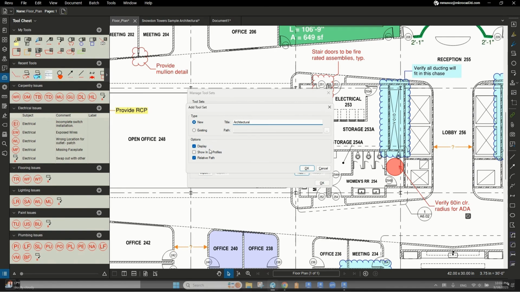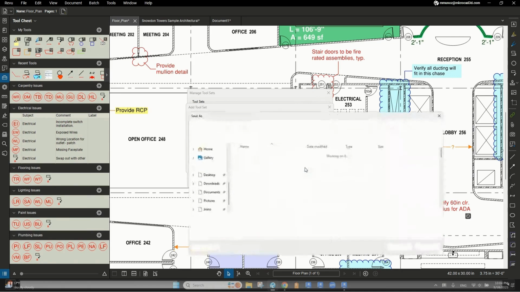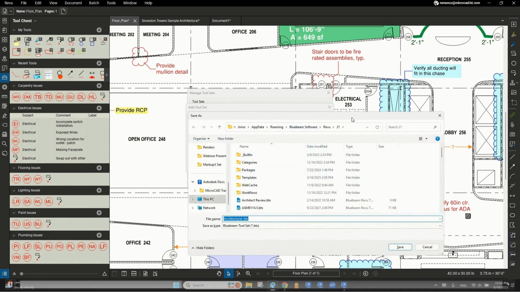Then there's something important that I wanted to mention, and that is that if we select and check the box for showing all profiles, we will be able to see this toolset in multiple PDFs in projects. As you can see here, I have 3 different documents open. If I select this showing all profiles, this will be shown in the 3 PDFs that I have open on